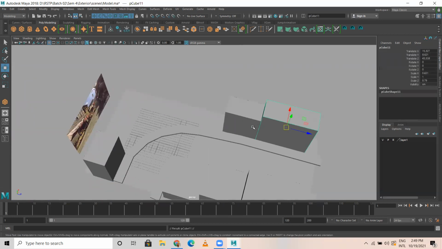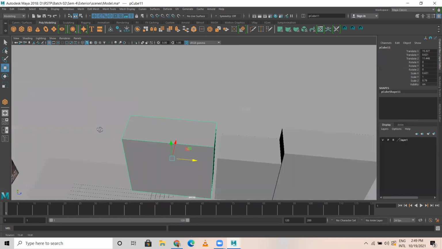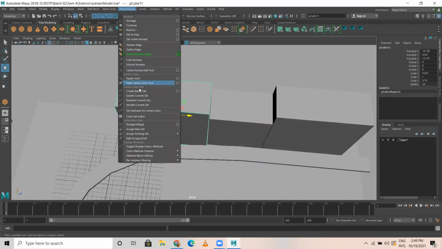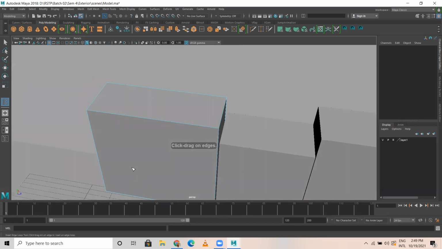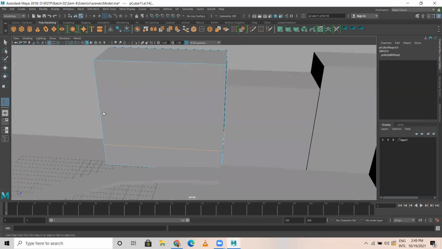So I'm gonna duplicate and select this. It's here. Okay. Let's say up to here, and I would like to add a few meshes. Insert edge loop, mesh tool, insert edge loop. So without adding loop, it doesn't work. You have to add a mesh loop.